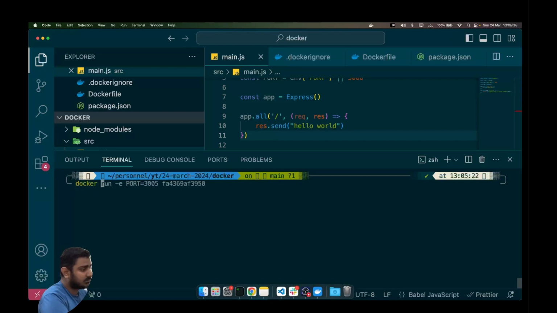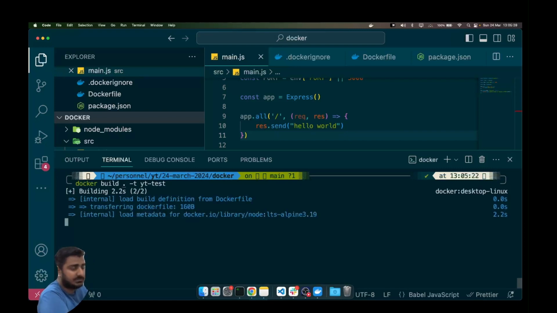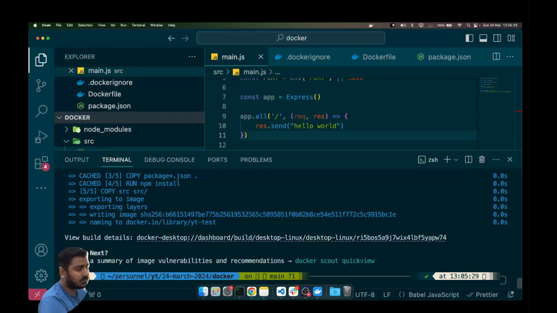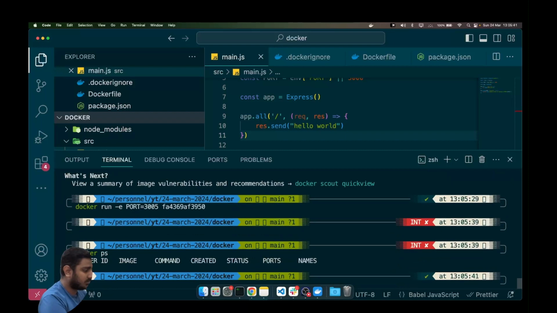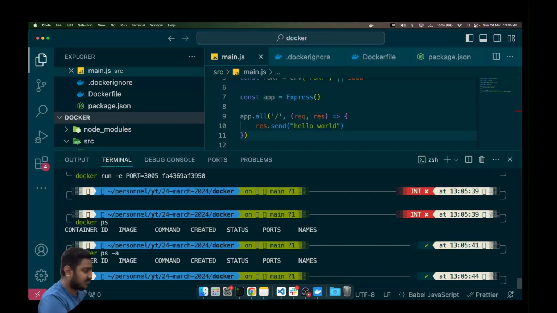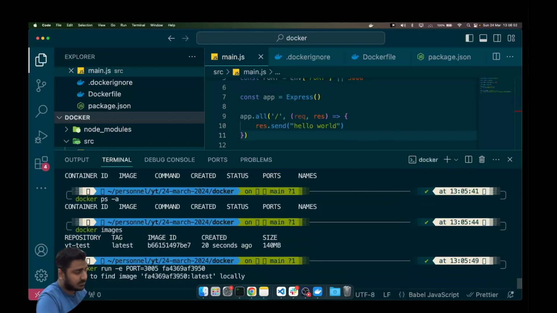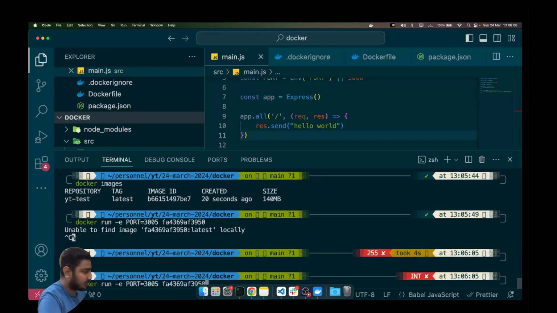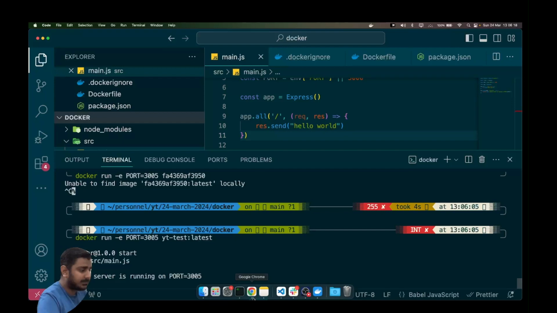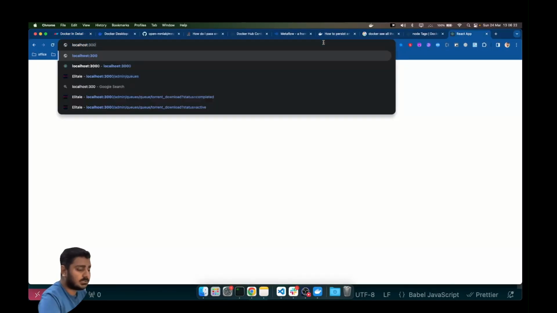Let me rebuild again with docker build. It's going to build the container. After building the container, we are going to start it with docker run. If I start it on my 3000 port and go to the browser and write 3000,